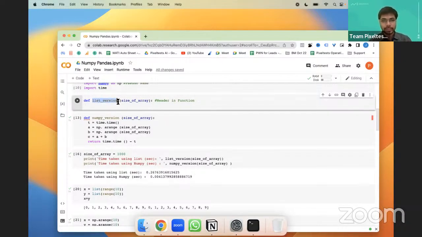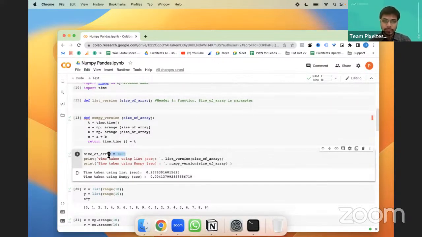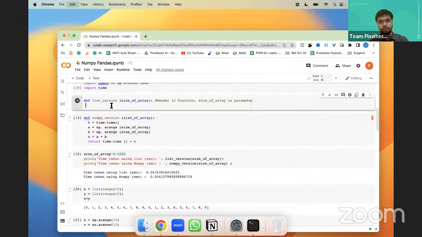The name of the function is list version, and size of array is the parameter that we are passing, right? Whenever we do a function call, for example, we can pass 1000 as the size, so it is going to take 1000 and pass it within the function, right?